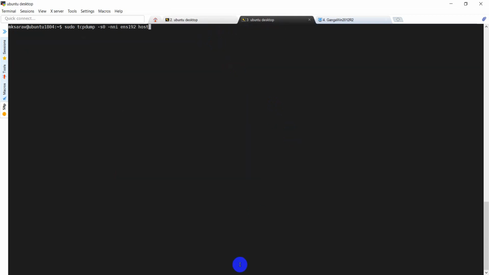I am going to capture only the host 10.10.16.100 on port number 443, and write the output to a file called episode22dhe.pcap. Press enter, it will ask for a password, so give the root password.